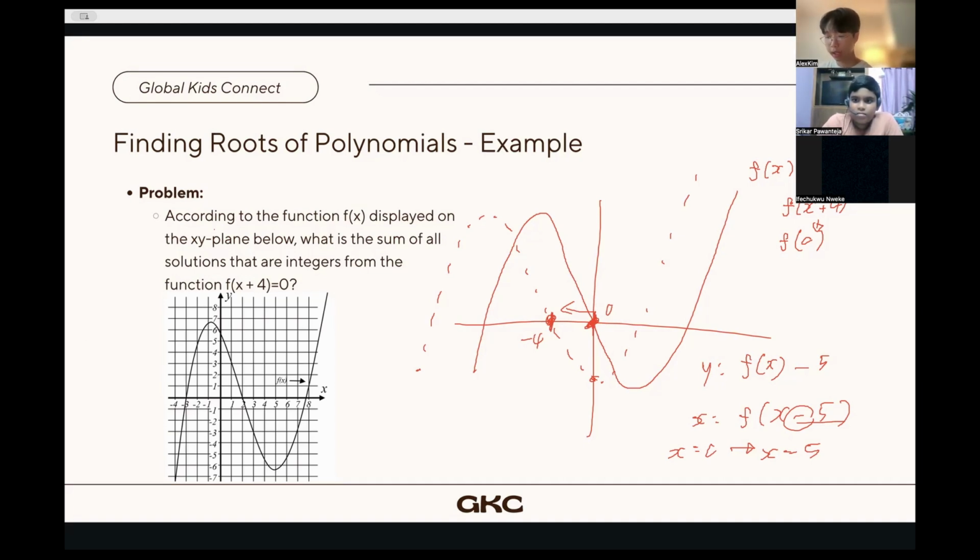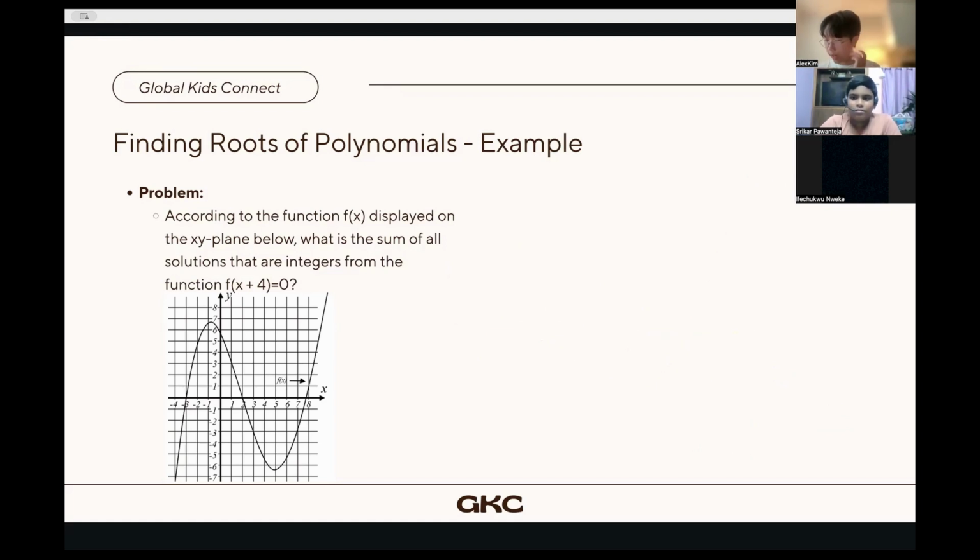And so anybody have any questions regarding this concept before we move on to our problem? Okay, it seems like not, which is great. And so we'll go through our question now. And so the problem states,